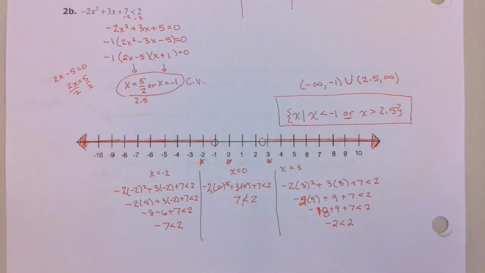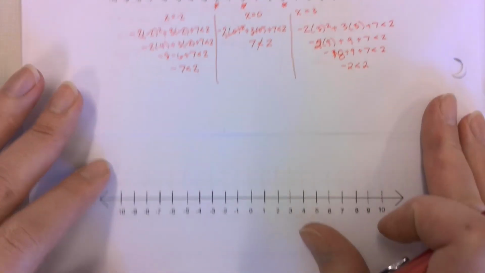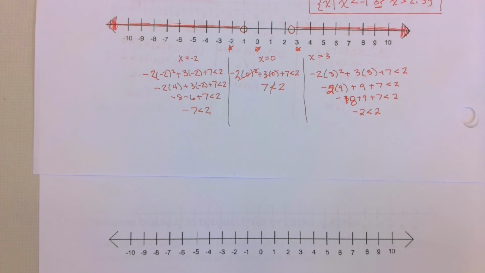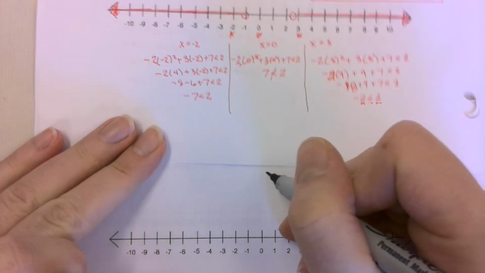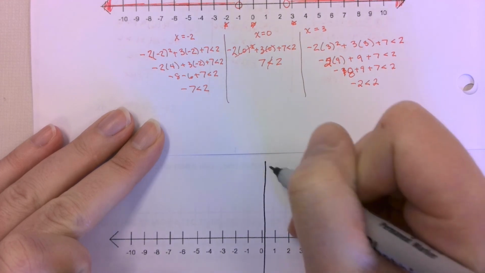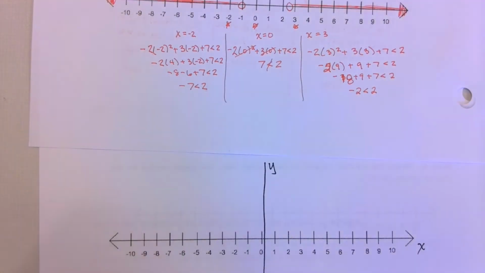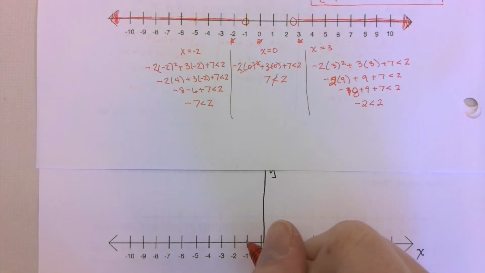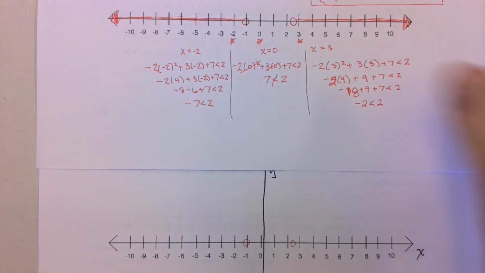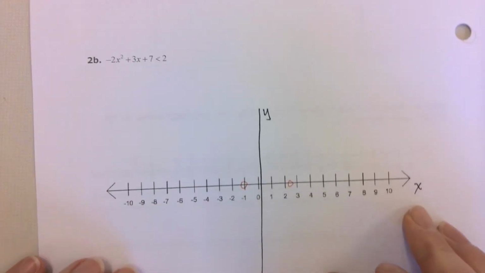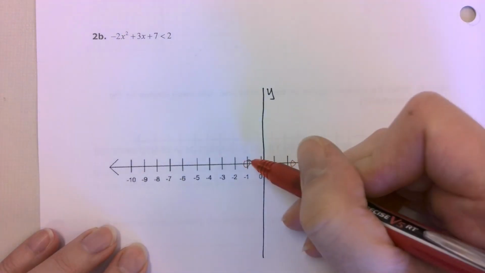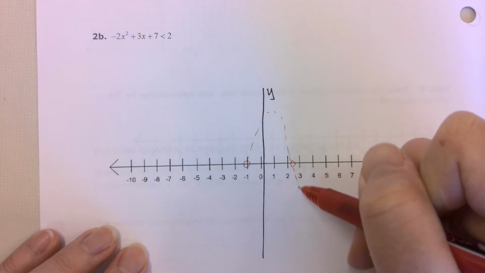So last idea to make a connection for you, I have an extra copy of this, and if I would take this graph that we did right here and I transfer it and we make it look like an XY grid. This is just going to be a rough sketch here. This is my y-axis, here's my x-axis. What we found were the critical values at -1 and at 2.5. So I'm not going to take the time and break this down and find the graph, but we know it would be a downward U. I'm not sure where the vertex would be, but if I went ahead and just sketched a parabola in here,